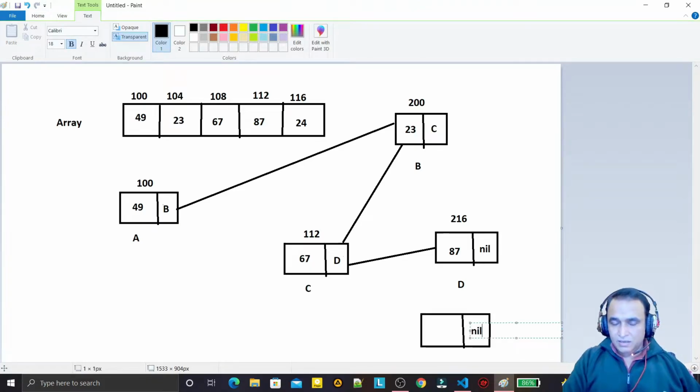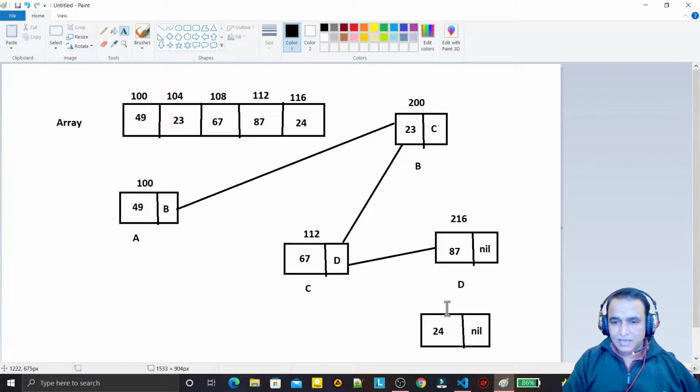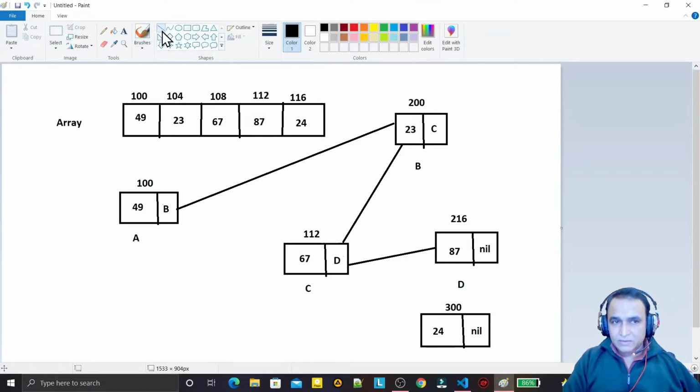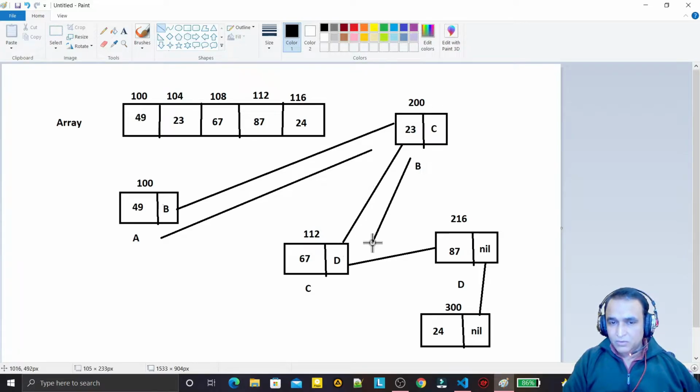This should be nil and the value should be, I think, 24, for example, and the address of this is 300, for example. So if I link this one to this node, that means I have to start from node A. So I will start from node A. From A I will go to B. From B I will go to C. From C I will go to D, and then I will get the address of D, and D's address has